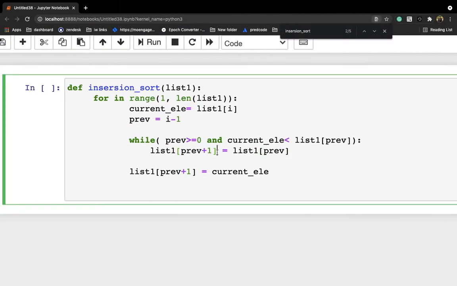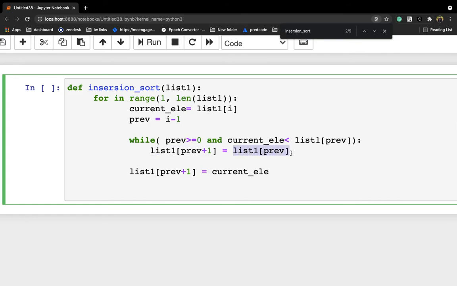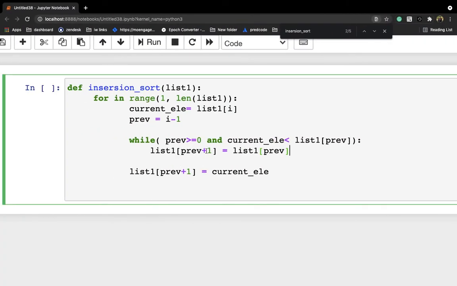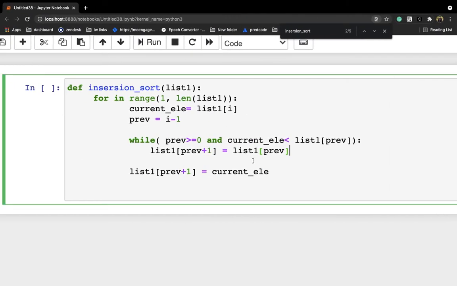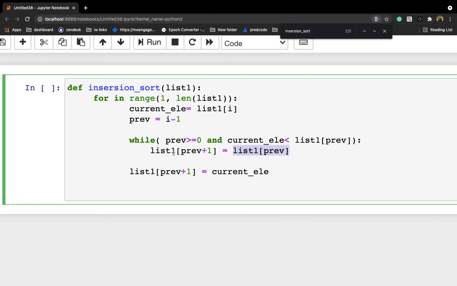So list1 of prev plus 1 is equal to list1 of prev. So I am putting this list1 of prev value, which is 23, into list1 of prev plus 1, I mean swapping this 1 with 23. So that's what I am doing here. Prev plus 1 is this one, and I am putting this list1 of prev value, which is 23, to the next, I mean the right side, if you see here.